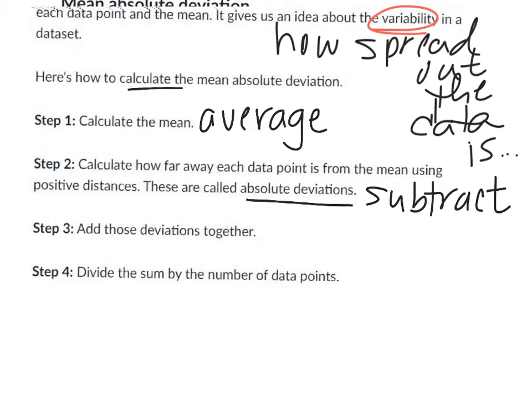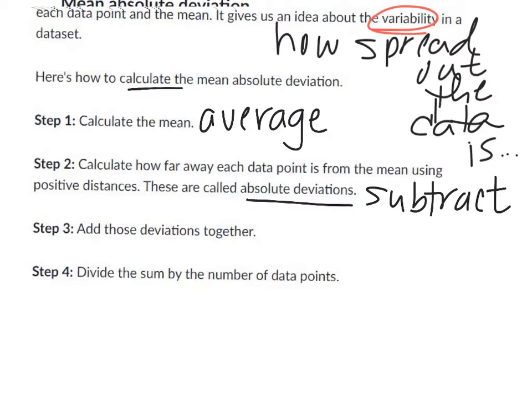So if I subtract and I get a negative number, that just meant that particular data point is below the mean. Right now, we don't care about that. Later on, if you take a statistics course, it does matter. You could have a negative mean absolute deviation, but right now, we're just all being positive. We're just looking at the distance from 0, so it's going to be positive.